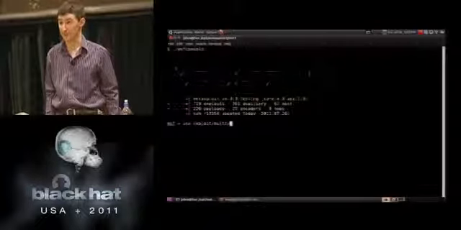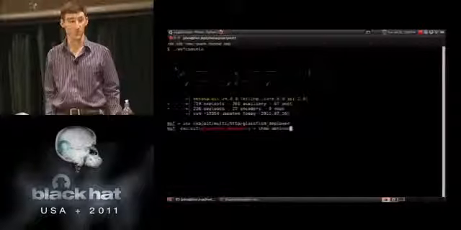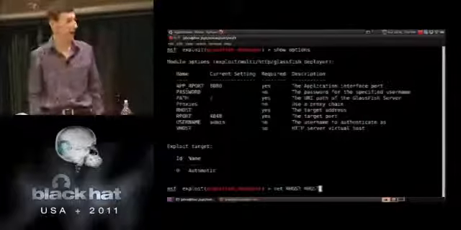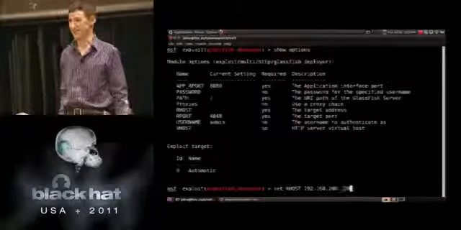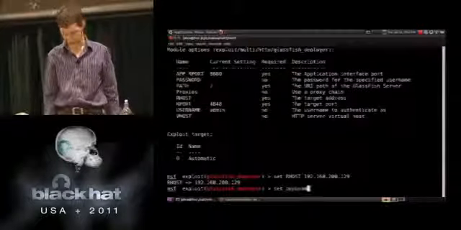The other thing we should mention is that the code for this module is checked into the Metasploit repository at 10:30. So everybody can do an SVN update, and you guys can get this code right now. That's because he's got connections. I sort of know a guy. His name starts with HD.